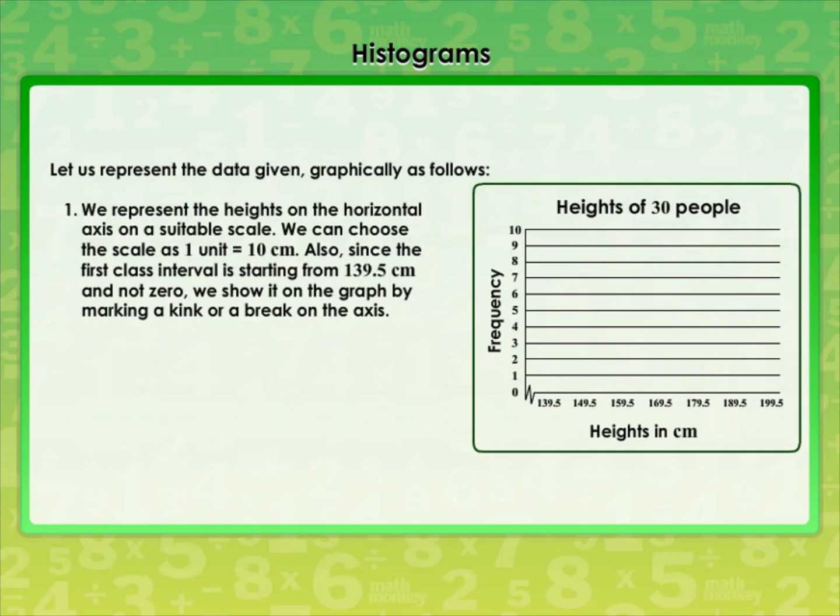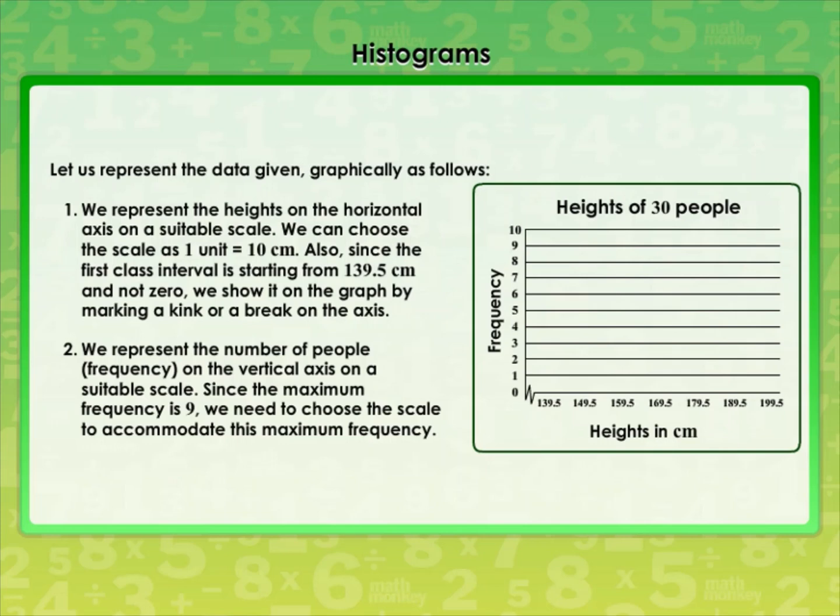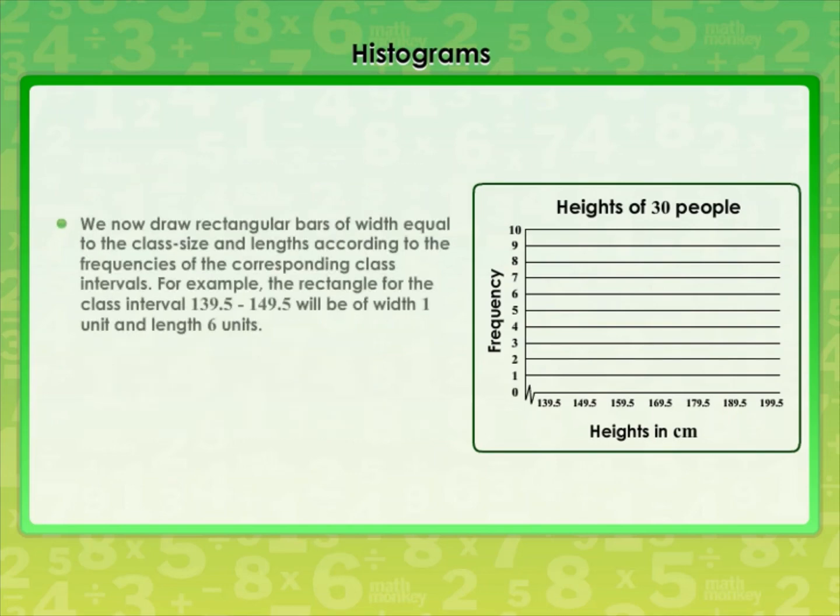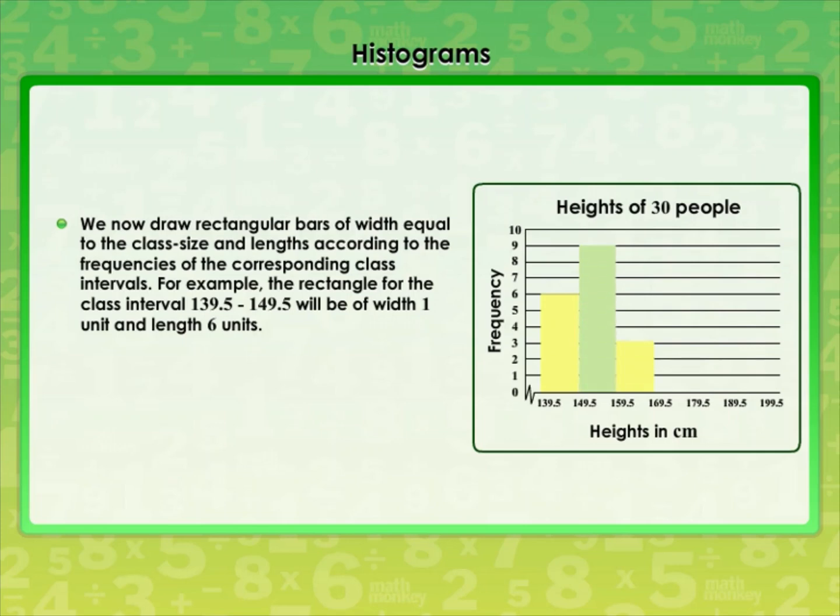Also, since the first class interval is starting from 139.5 centimeters and not 0, we show it on the graph by making a kink or a break on the axis. We represent the number of people, the frequency, on the vertical axis on a suitable scale. Since the maximum frequency is 9, we need to choose the scale to accommodate this maximum frequency. We now draw rectangular bars of width equal to the class size and lengths according to the frequencies of the corresponding class intervals. For example, the rectangle for the class interval